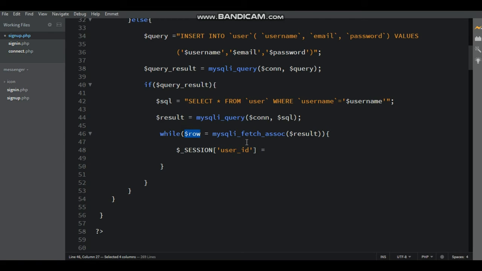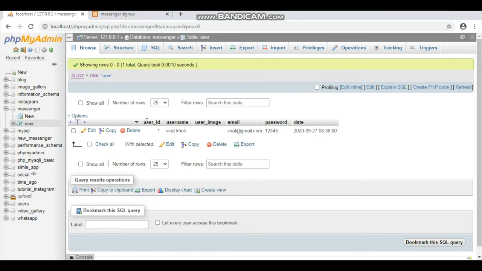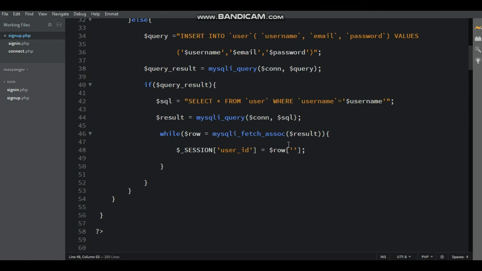Here that is $row inside square bracket, inside single quote. Here that is data table is user ID, and then write the user ID inside single quote, close with semicolon. Here that is session value is saved to user ID, and then